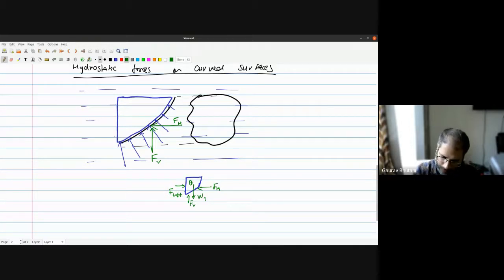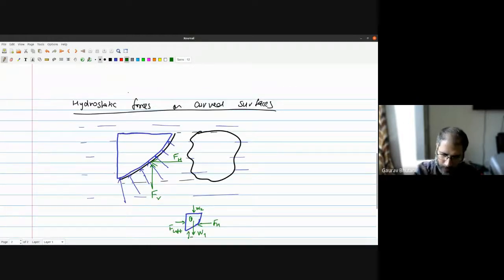Is there anything else? In fact, there is one force acting called W2, because this top surface was not coinciding with the surface of water. So there is some water above it as well. In fact, I could have taken the body in such a way. So this is the top surface. So we'll call this body 1 and this is body 2. So basically body 1, sorry, the other way around. This is body 1 and this is